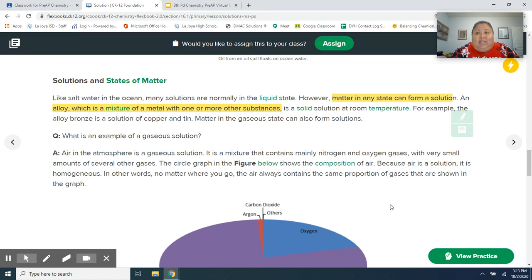If you're looking for an example of a mixture or a solution in the solid state, you can think of alloys. Alloys are usually a type of metal mixed with something else. Okay. An example is bronze. I don't know if you guys own anything that's bronze, but bronze is a mixture of copper and tin. All right. And it's an example because most of the time at room temperature, copper and tin mixed together will be a solid, will be in the solid state.